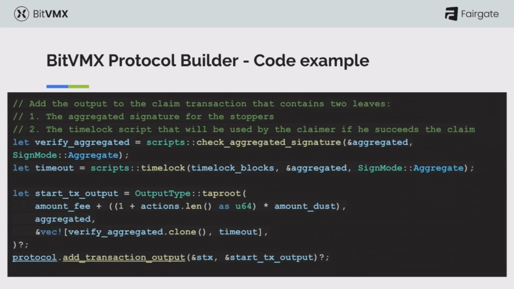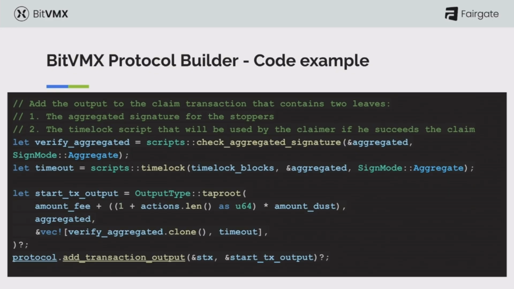Here we are creating a verification of an aggregated key. The aggregated key was not added because it would be too long, but it's the aggregated key created using MuSig2. This will be the public key at this moment. And we create a script that checks to see that the message was signed with that public key of the aggregated